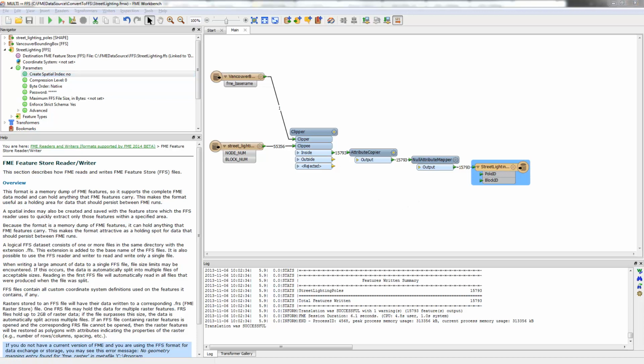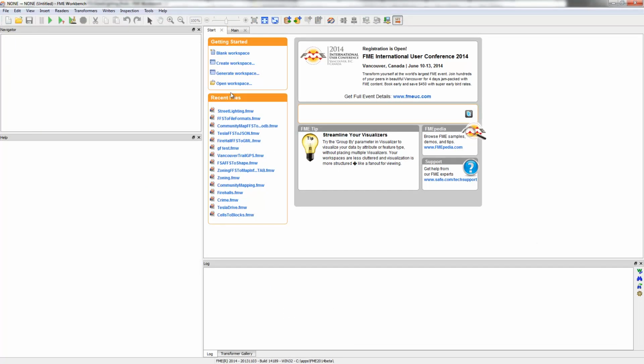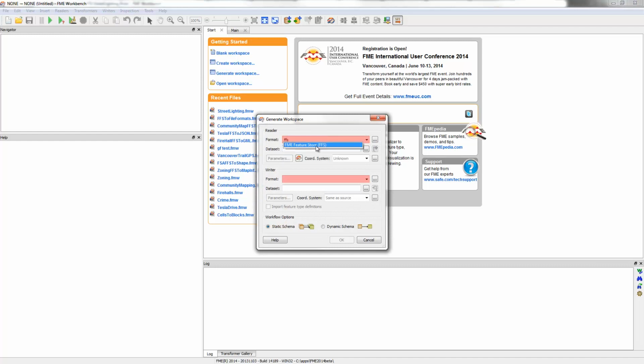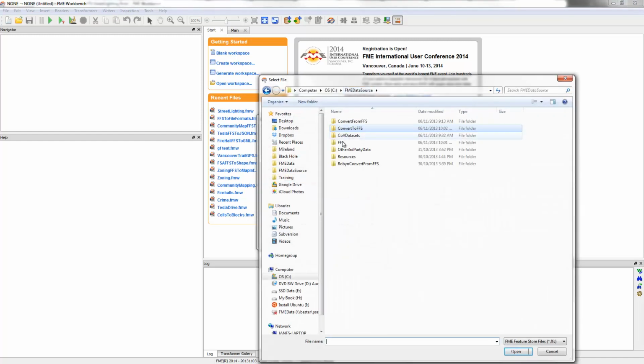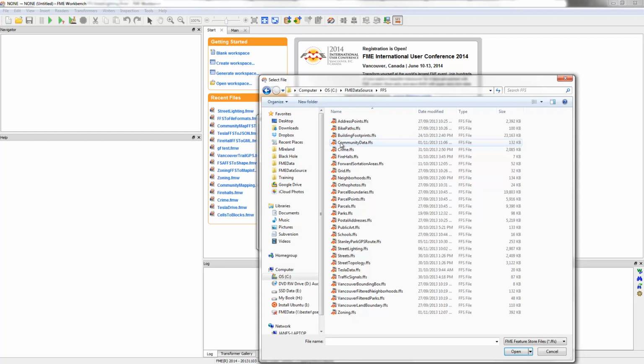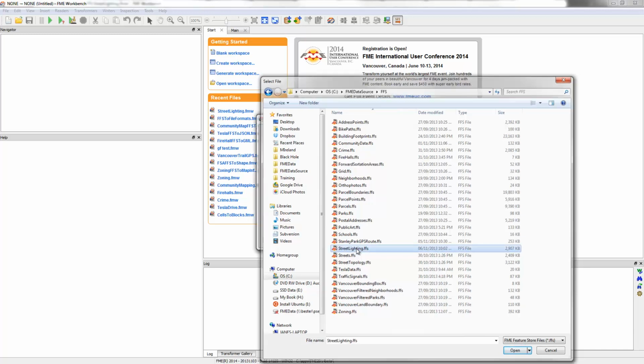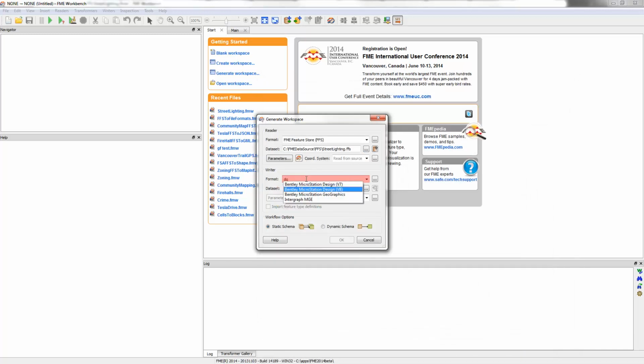Now what I'm going to do is fire up another workbench, and with this we'll start converting to DGN. Hopefully this isn't taking too long, but I think it's an interesting demo. So we're going to generate a workspace from FFS. The reason we're creating that FFS data is just because we want to have this sort of neutral form of data that we can use to generate anything from here. So now we could convert this to PostGIS, to SQL Server, to any format we like. In this case I'm just going to work to DGN,